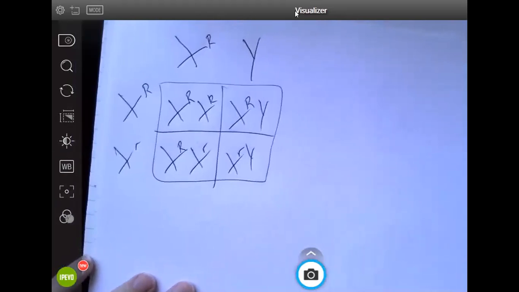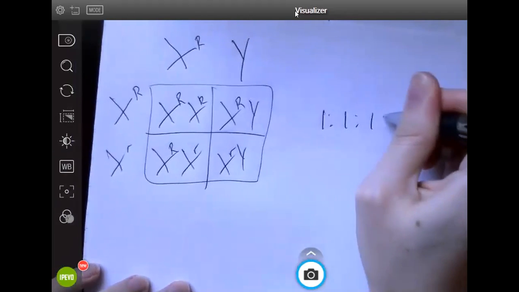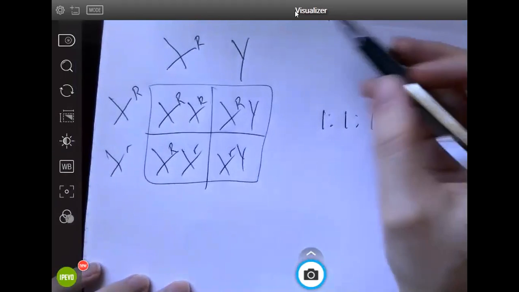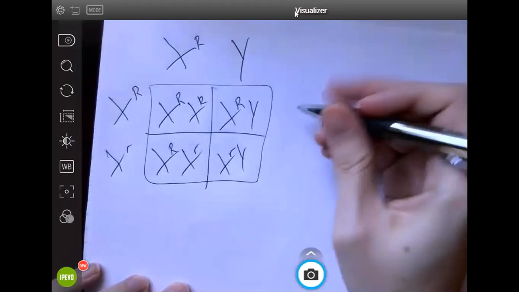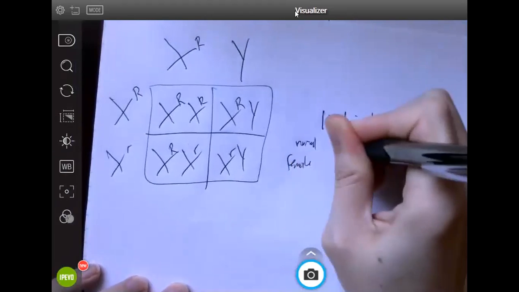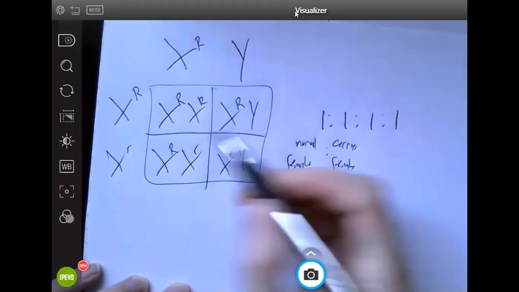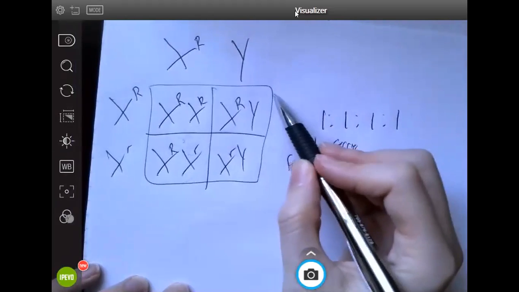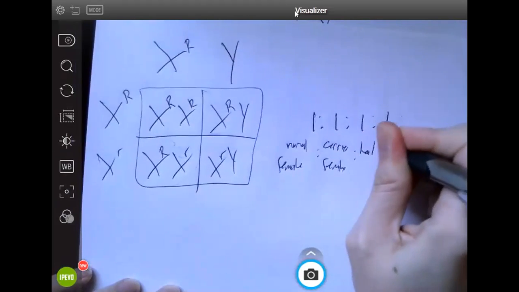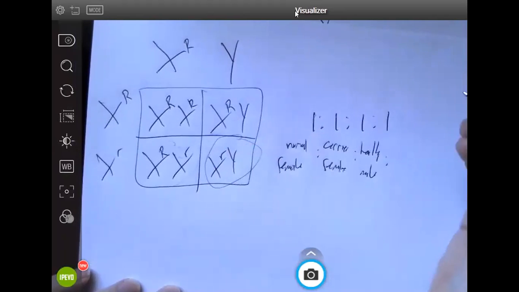Now what we get from that is a 1-to-1-to-1-to-1 ratio between our totally normal female, our carrier female, who's this one down here, our normal healthy male, and then down here, which would be our